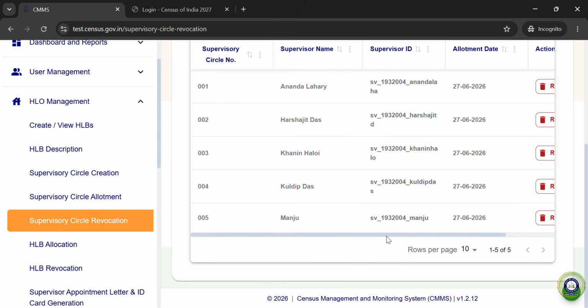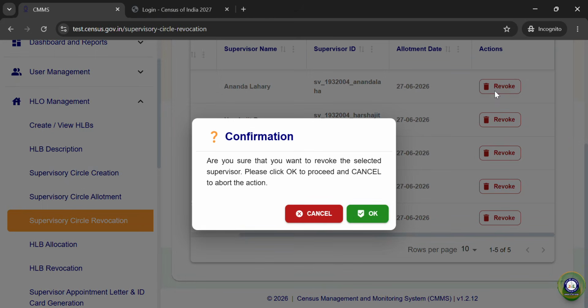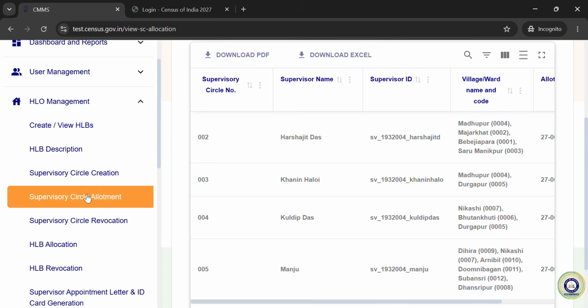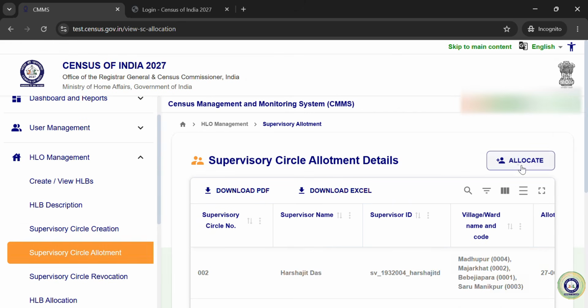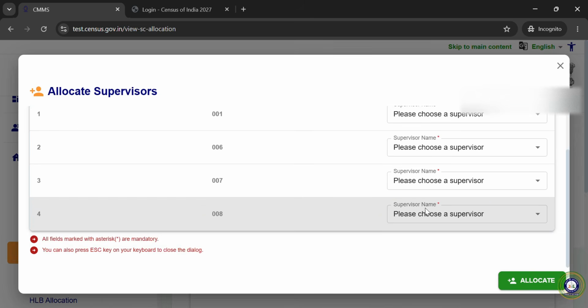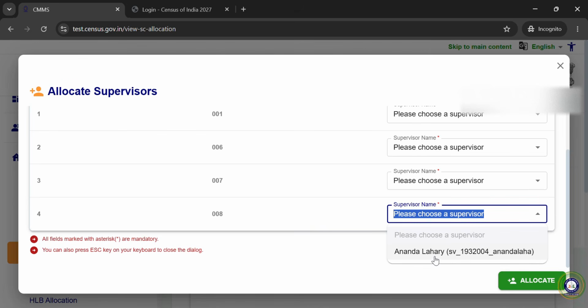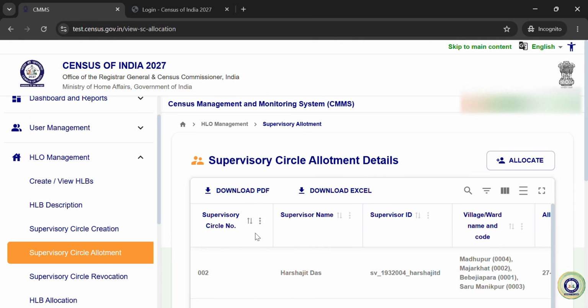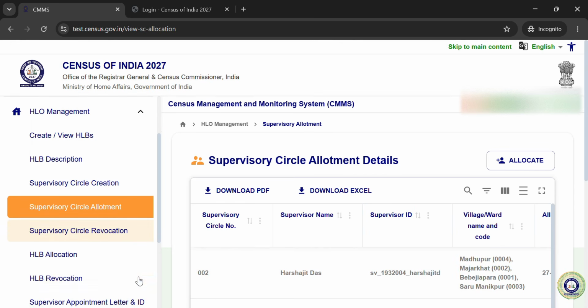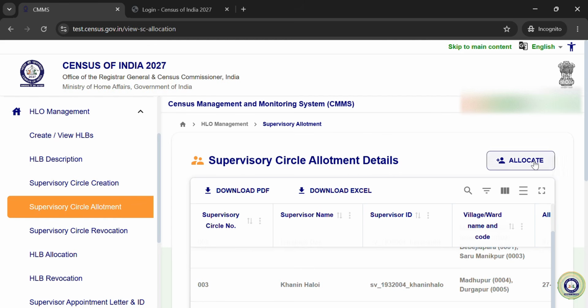Let me revoke one supervisor, right? Okay, I have revoked one supervisor, and after that I will go to the allotment and create a new supervisory circle, right? Let's say this one, I am giving this supervisor circle to this user, and then again here I am using the supervisor circle revocation function.